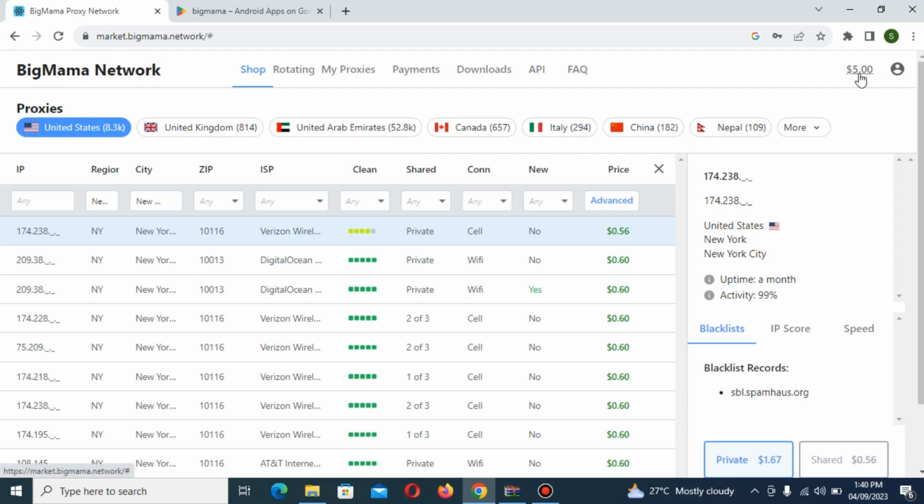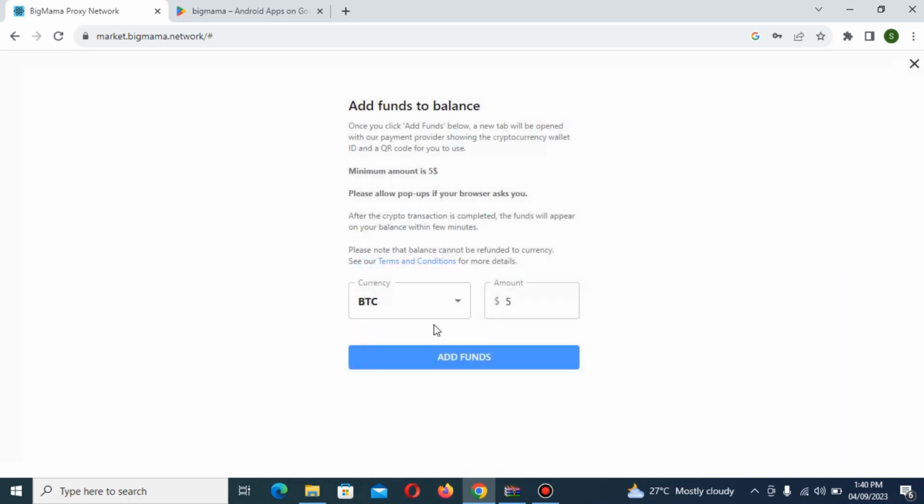So, after you must have registered, you need to fund your wallet, and you can do that by using Bitcoin, Litecoin, or USDT. And the minimum you can fund your wallet is $5 as indicated here. So after you must have funded your Big Mama,